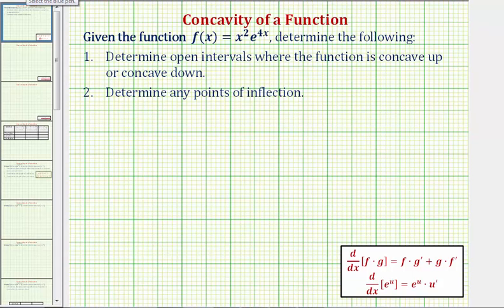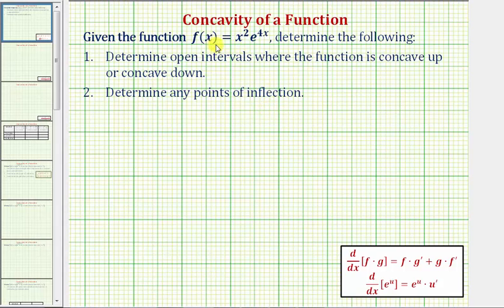In this example, we're given the function f of x equals x squared times e raised to the power of 4x and asked to determine the open intervals where the function is concave up or concave down, and also determine any points of inflection. So here, because we're talking about concavity and points of inflection, we'll be working with the